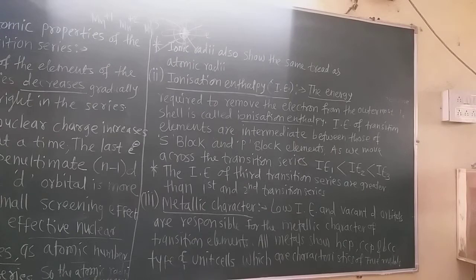Now come to the next trend, that is the metallic character. We know that all the transition elements are very good metals. They are ductile, malleable, and good conductors of heat and electricity. But what is the reason behind why they are metals? That is given here. The d orbital in every series of these d block elements is incompletely filled, that means in some elements there is 1 electron, 2 electrons in the d orbital, 1, 2, 3 in this way.